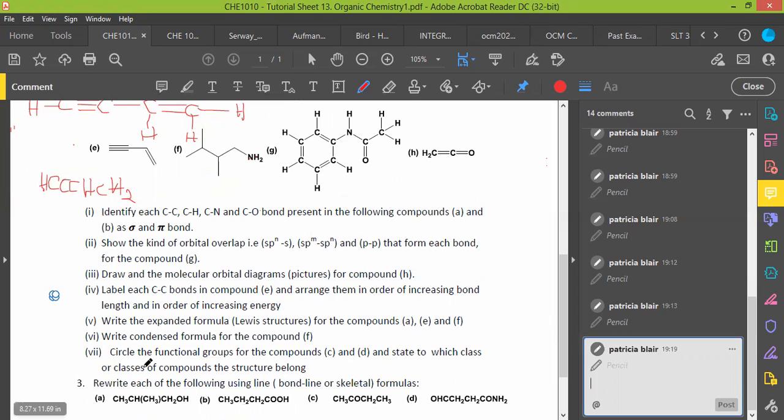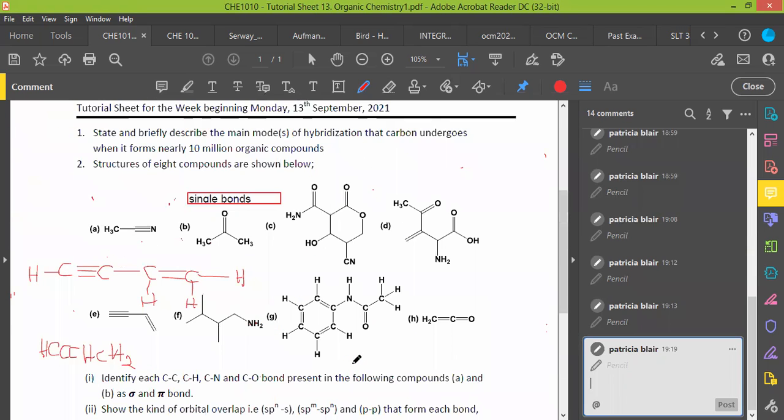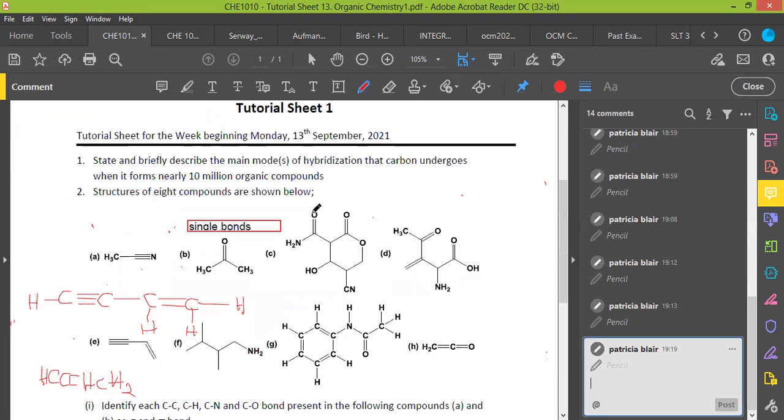Okay, circle the functional groups for the compound C and state to which class or classes of compounds they belong. So this is your structure C that you have. So since it's C that you have to identify the functional groups for, all right? So if you check,